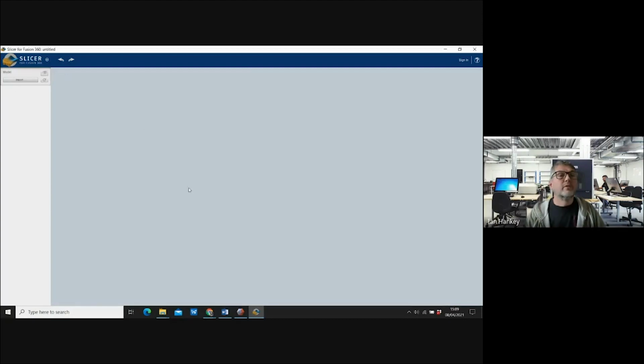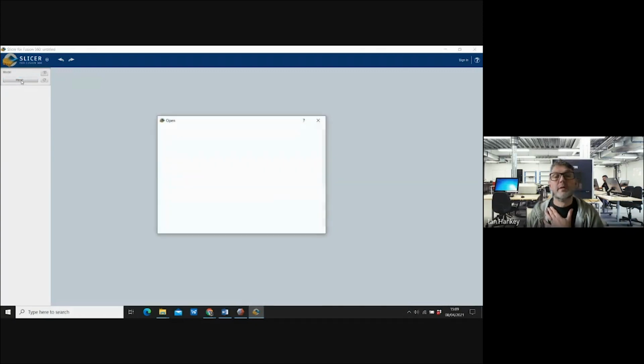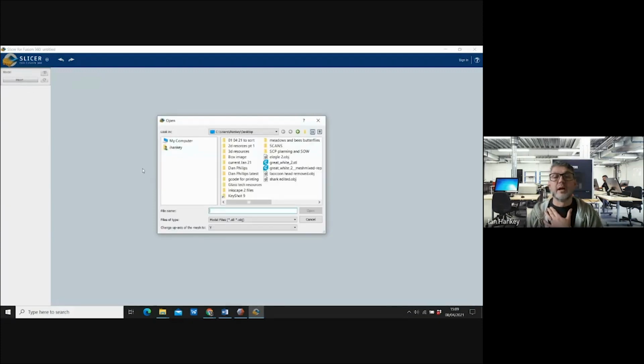first thing we do, if we look at the top left here, and I do apologize, the text is really small on this screen. So what I'll probably do is just go around with my cursor and go in circles just to show where it is that I'm pointing to. And it's just the term import there. There's a little tab there. I'm going to left click on import, and that opens up a dialog box there that I can look for my model. And of course, it's the shark edited OBJ, and there it is. I'm going to left click and open,